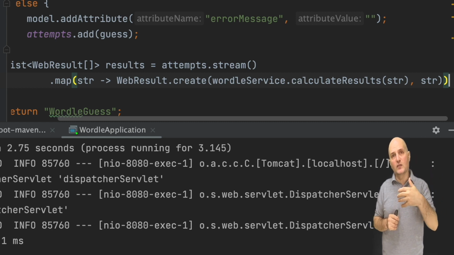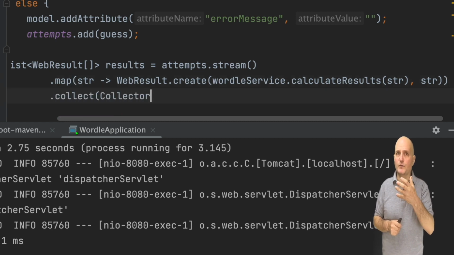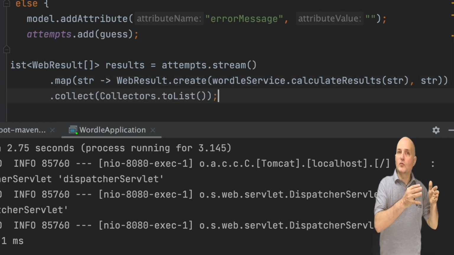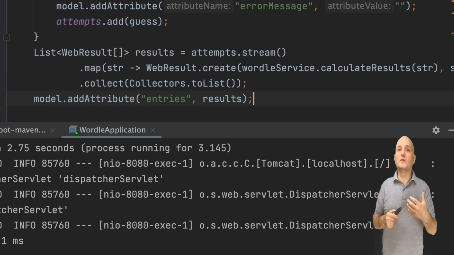The second is the string we're currently iterating. Collect converts the stream back to a list, in this case, and assigns it to the result list. Notice that this is a list of arrays, which might seem weird at first, but it is perfectly valid. The last line we need is to add the entries to the model.